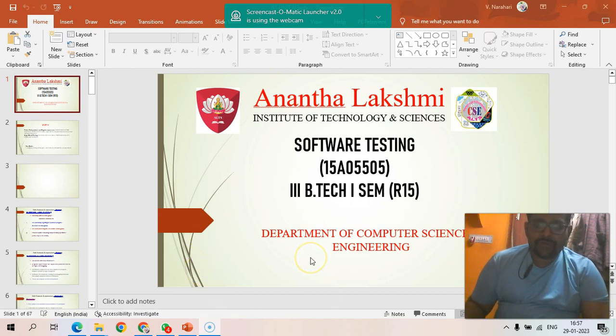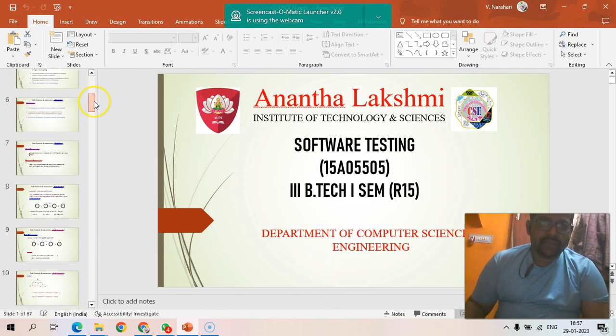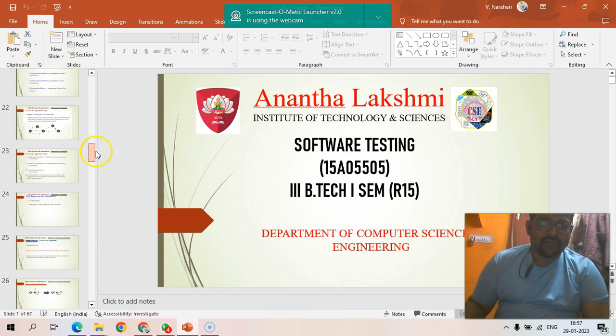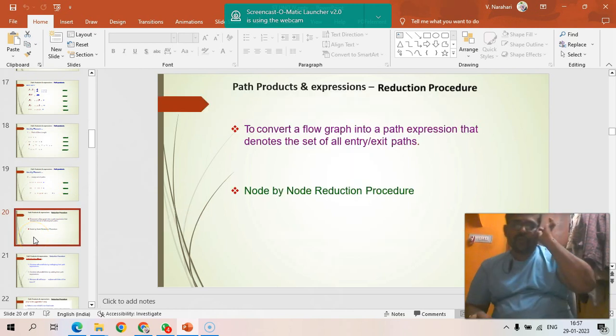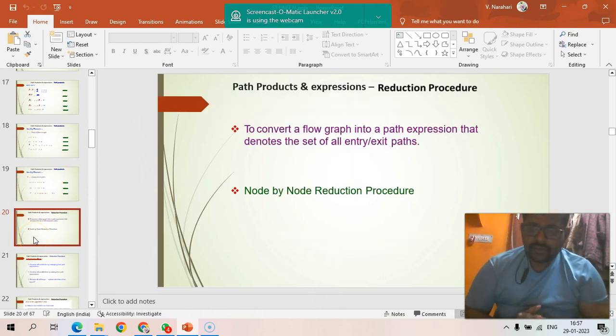So good afternoon everyone. Today we are going to discuss the reduction procedure. So we know what a reduction procedure is: reducing the given control flow graph. As we know, the control flow graph consists of some nodes with some links,